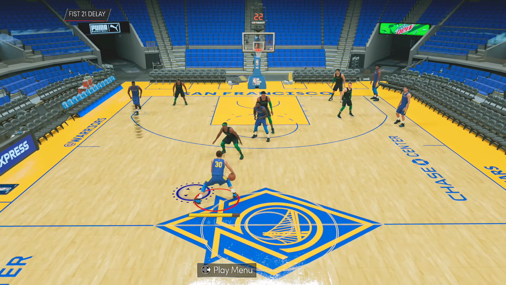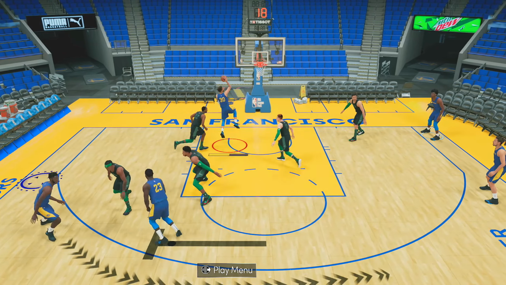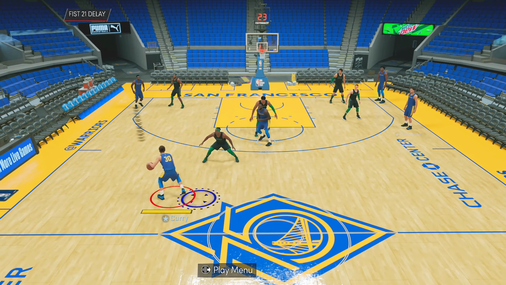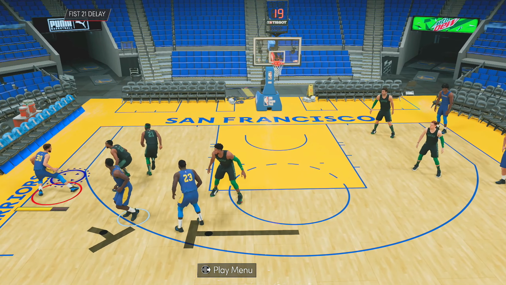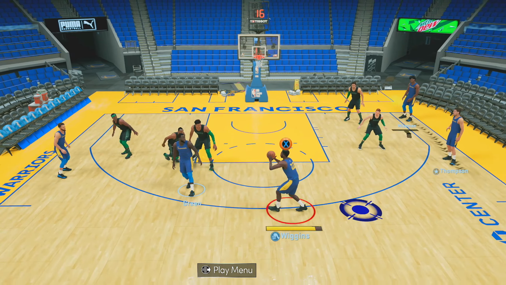And the last play is the fist 21 delay. You can call this for anybody that has pick and roll wing priority, and you can get a lot of layups as well as threes using this play. So right here, I call it for Wiggins, and he's going to start in the corner, and Curry's going to have the ball at the top. Then Wiggins is going to come up and set a screen, and you're going to dribble over towards the corner, and then Wiggins will get a screen from Draymond, go out to the opposite wing and get open for a